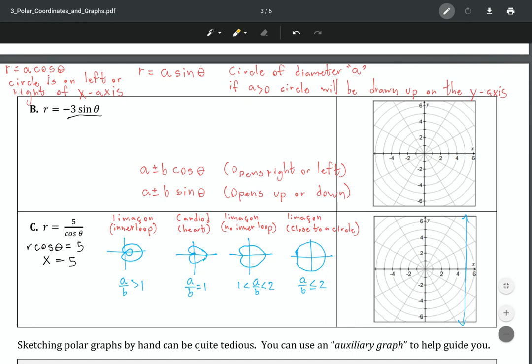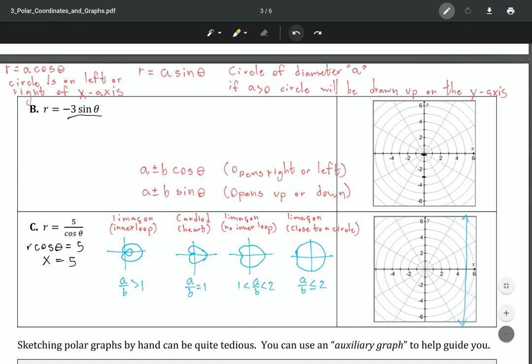Because I have a -3, that means I'm going to be below. So the 3 right here is going to be